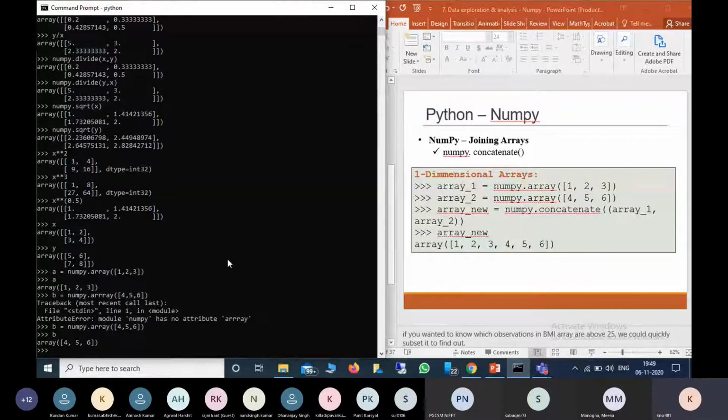Now we want to concatenate these. So new array equal to numpy dot concatenate a comma b.